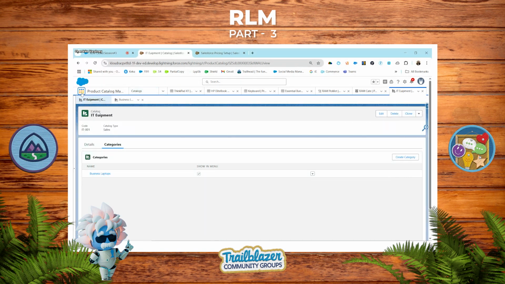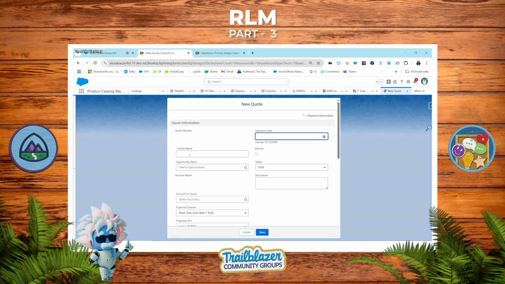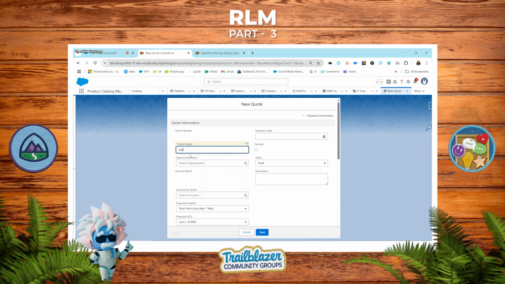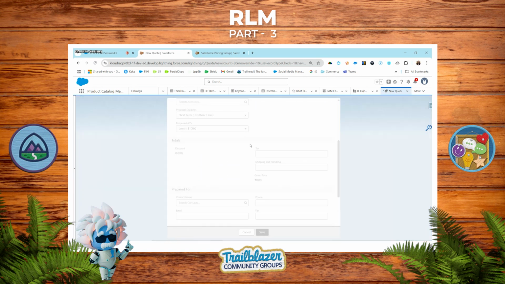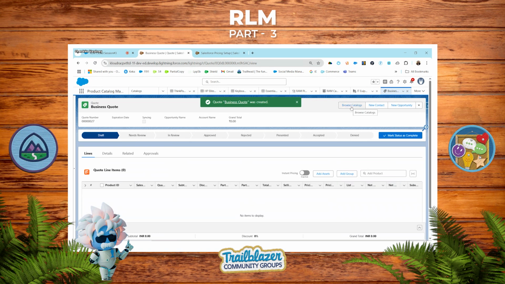Now come to the key part. Now we are creating the code for that catalog, whether that catalog is visible to the salesperson or customer or not.